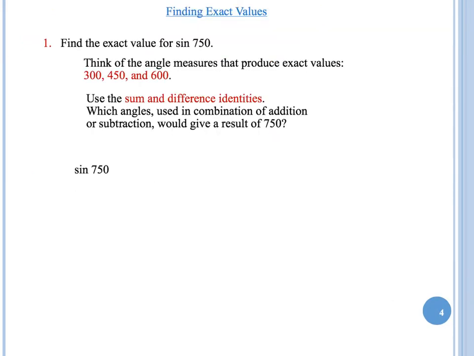So in this question, we're trying to figure out for 75 degrees,